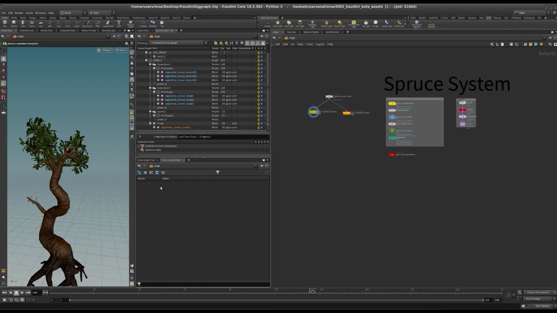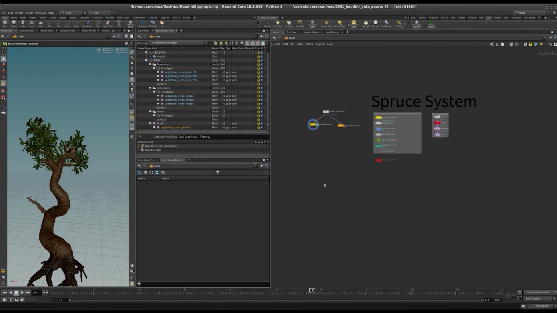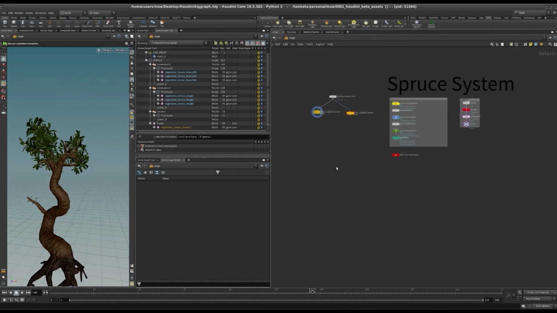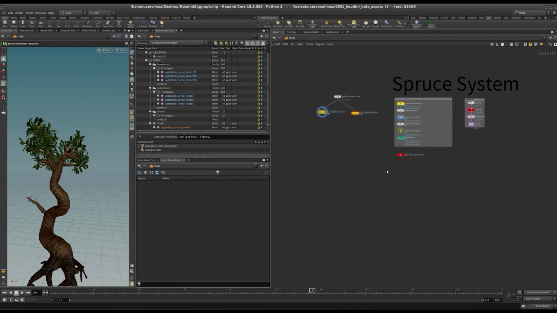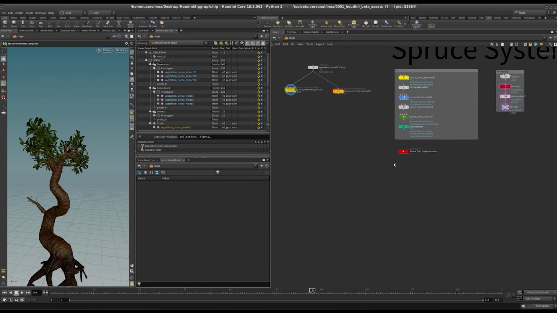The first part is the creation of those point distributions that we're going to use for distributing the branches, twigs and leaves. The second part is the actual geotropism and phototropism. And in the last part, we're going to talk about the artist and user experience that we have in this tool, as well as the USD concepts and implementation and some functionality that helps us develop this tool. So the first part is how Spruce